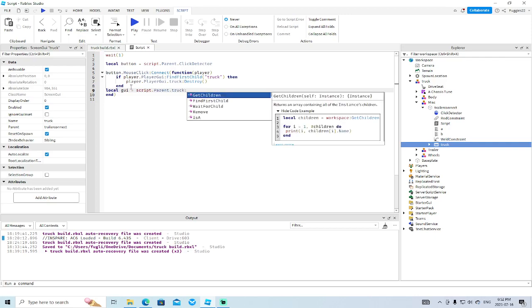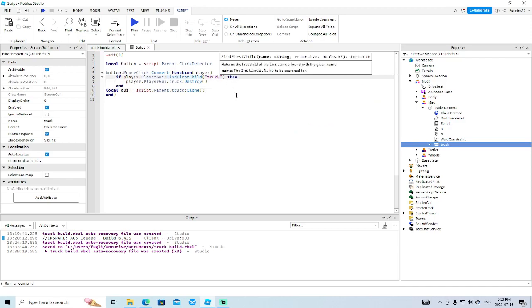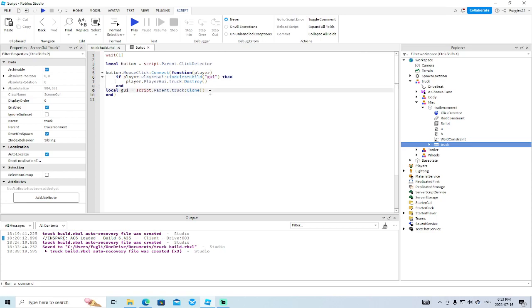And then what we want to say is clone it. Right. So we're going to have to change this to GUI, just like that. Then we're going to say GUI dot parent. So now what we're doing is we're setting the properties. What happens when you clone it? What do you want it to do? Well, when you clone it, we want it to be player